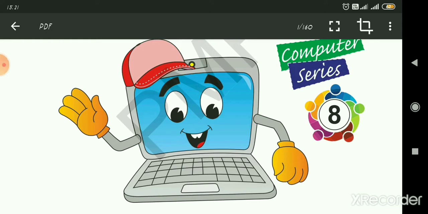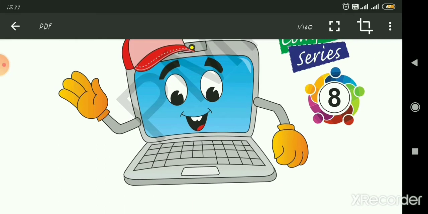In the previous class, we discussed the introduction to Flash. In that chapter, we saw things about Flash. We have also seen the Flash window, on which we saw different tools like the brush tool, pen tool, and polygon shapes.